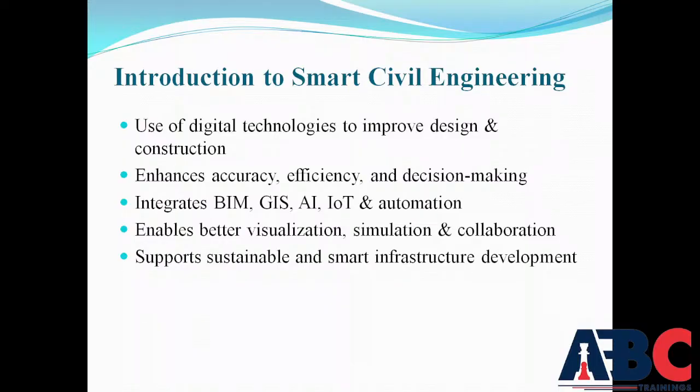So these technologies drastically enhance accuracy as well as reduce human errors. As we know, we are human, and errors are made by us. But by technology, we can minimize those errors and make our work very efficient and very accurate. So it works by automating repetitive tasks. Suppose we are doing estimation manually in Excel, then we do repetitive tasks and calculate it, and suppose there are some mistakes.